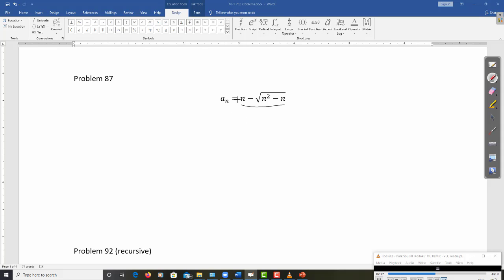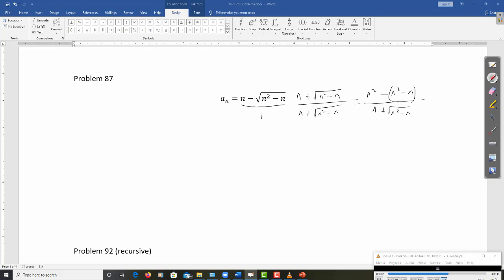Because if I take the limit as n goes to infinity, it is infinity minus infinity. Kind of minus an infinity, so what's going to happen? Well, you can rationalize the denominator by doing this trick. Multiplying top and bottom by the conjugate. n squared minus n over n plus square root of n squared minus n. And this gets you n squared minus (n squared minus n), in parentheses, over n plus square root n squared